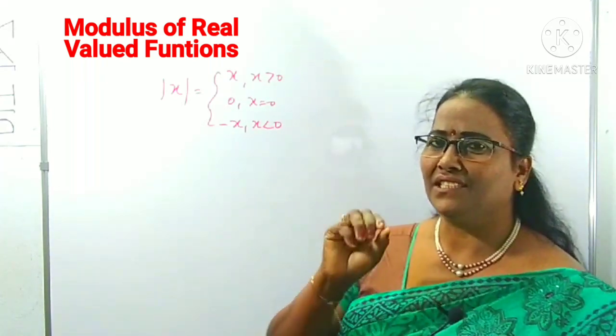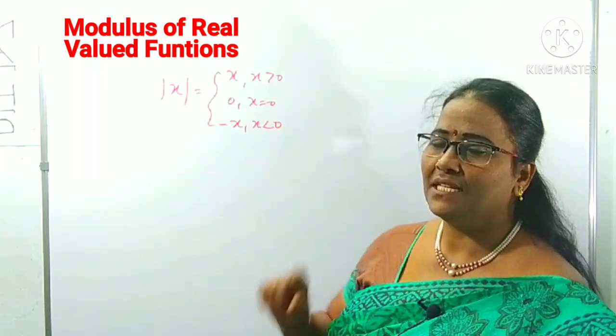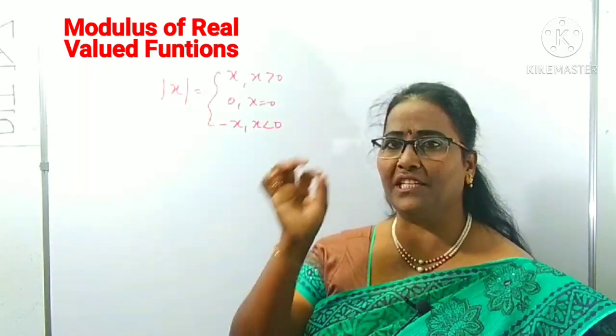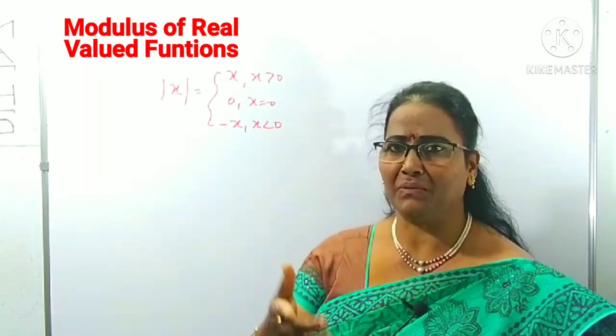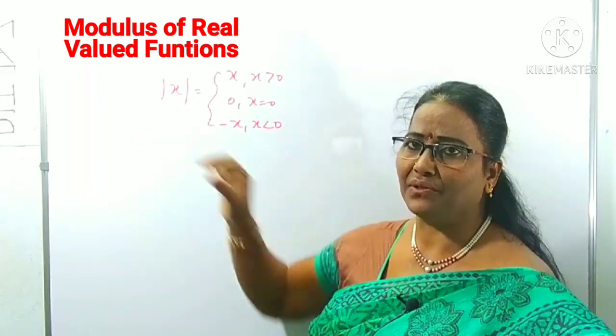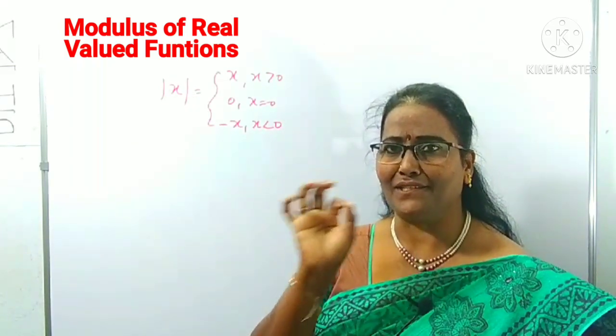So, why are we taking 0? Why are we taking 0 only? Here the major point is, for what value of x this internal function becomes 0, that you have to concentrate on. Whatever the function may be, here in mod x, only at x equal to 0 this function becomes 0. At that point we have to concentrate.